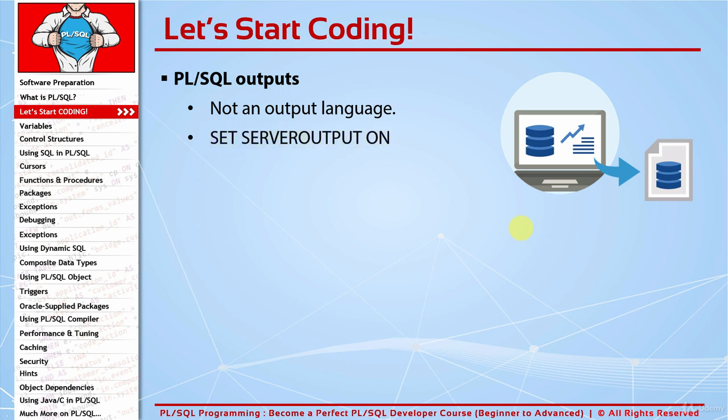Even if we say that I want to see the outputs, there will be no output. To have some outputs, you need to use the DBMS output package. DBMS output is an Oracle's pre-built package that can do some output operations. A package is a PLSQL object that has some procedures or functions in it to do some operations. The DBMS output package also has some procedures or functions to do some output operations. We are going to look at this package in our further lessons, but for now we will learn how to